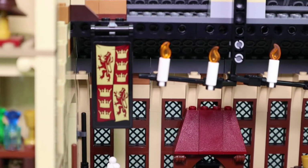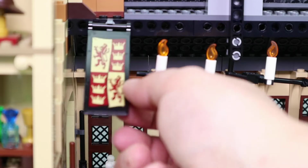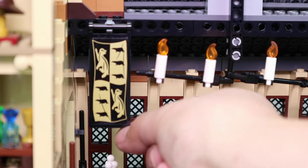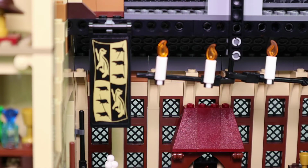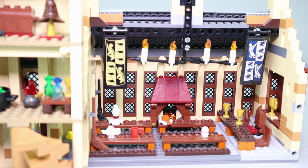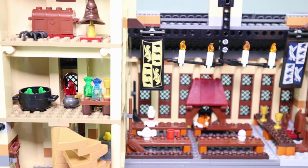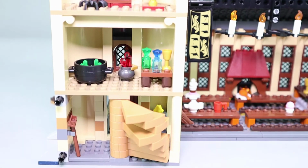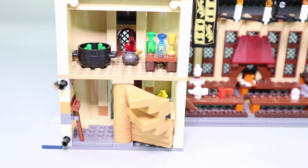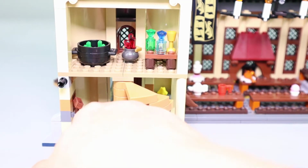And then on this side, you'll see another banner. So this has the Gryffindor banner in this case, and then on the back side of that has the Hufflepuff badger. So there's another quick look at the entire Great Hall, and let's move over and take a look at the tower itself. The tower has 4 levels. So on the main floor there's a stairway, and then you can see there's a broom, a standard push broom